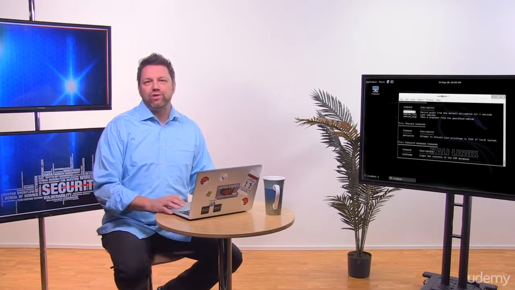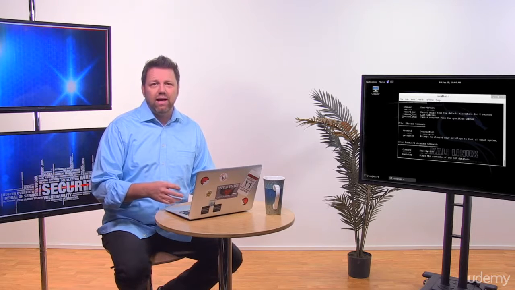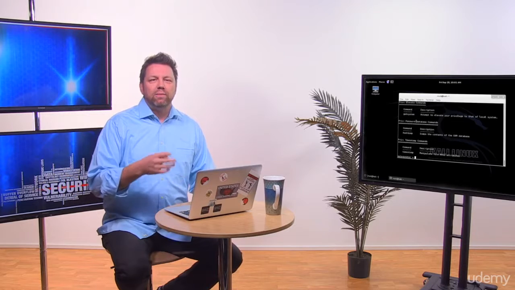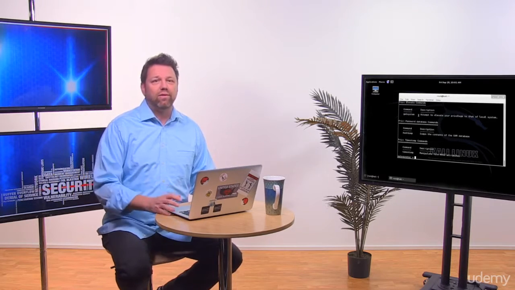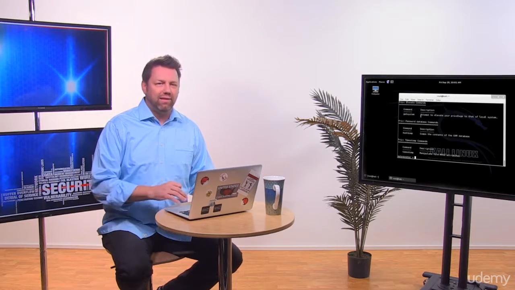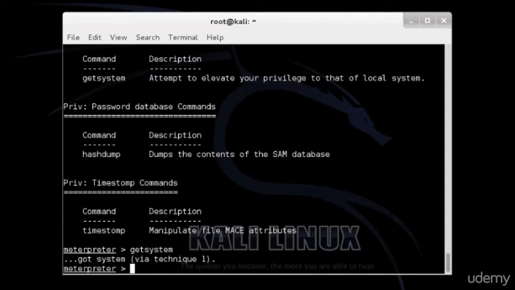Now I prefer to always start with get system because right now the payload is running on the victim machine and giving me the Meterpreter session based on the user privilege. So maybe the user has some limitations. Maybe he is not an administrator, for example. So I'm going to try to get system privilege before running anything else within Meterpreter. Okay, I'm going to try to get system, and I got system via technique